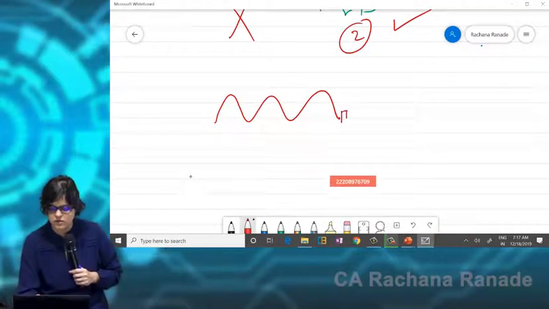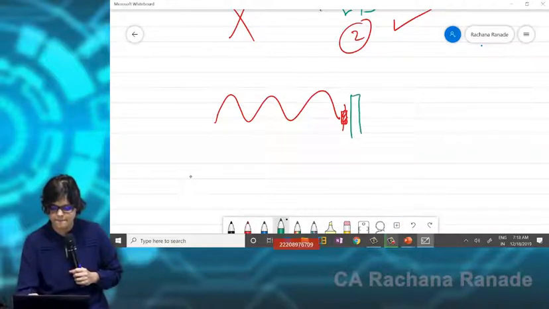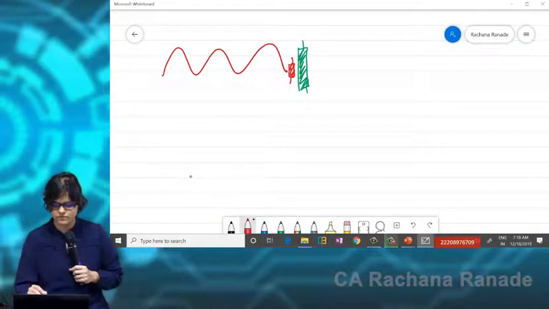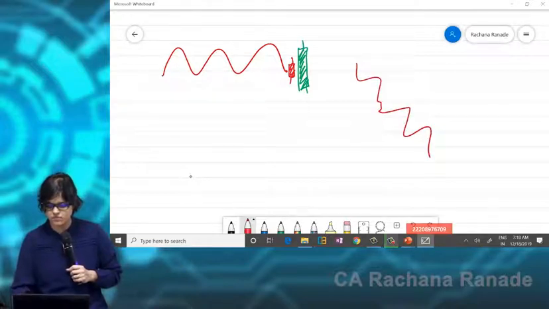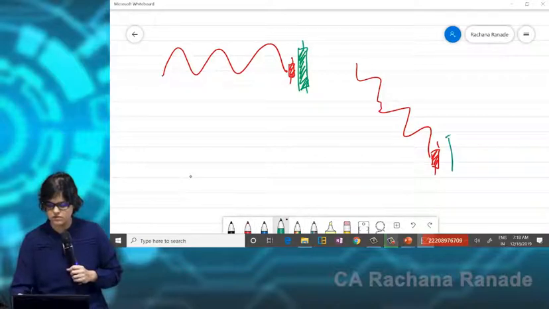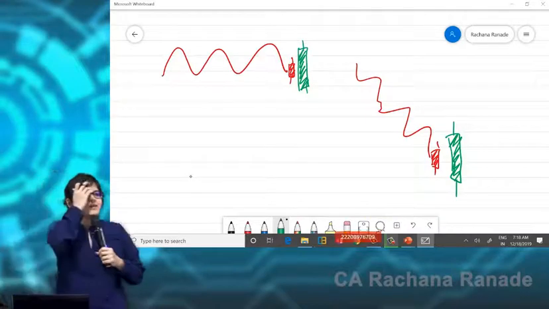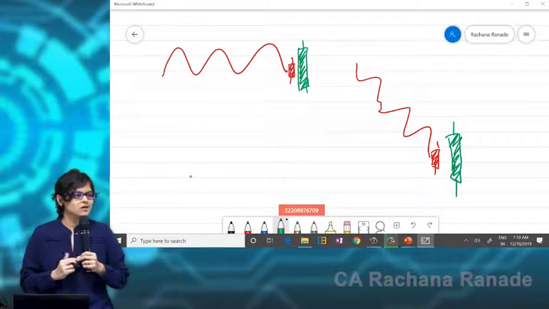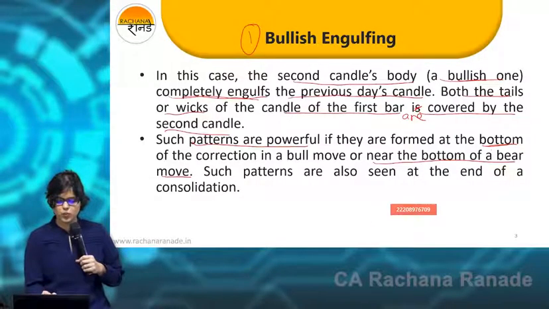And here you see this type of candle, followed by another. Again you have to tell me which one is powerful, okay? Excuse me for my horrible drawing. Case 1 or case 2? Which one is going to be more powerful? So if you were to quickly have a look at this, which patterns are powerful? When does it become powerful?